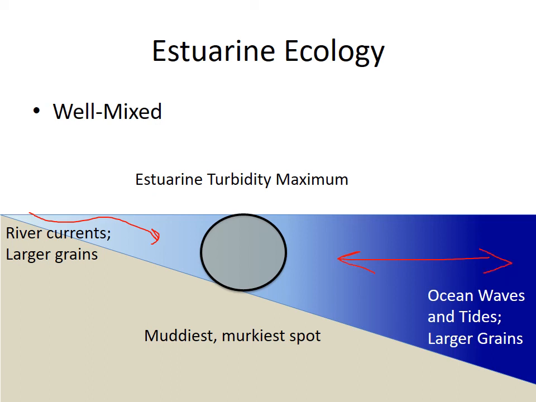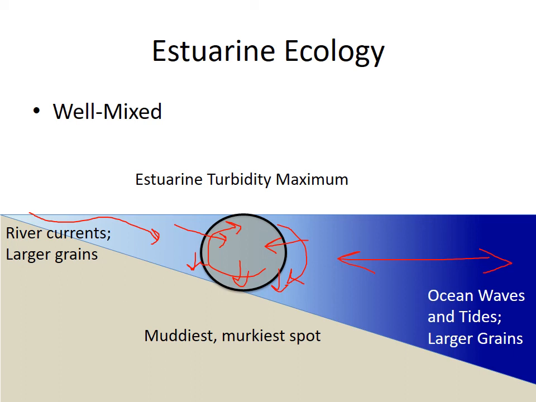And so the currents, where they're stronger near the river and stronger near the inlet to the ocean, tend to sort of whisk away fine-grained sediments and scour the fine mud away from the water, whereas everything kind of meets and collides and just ends up being this really muddy area where all the sediments settle out and then get stirred back up, and it's just sort of a disaster of muddiness